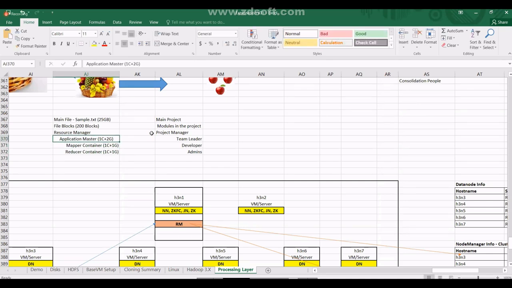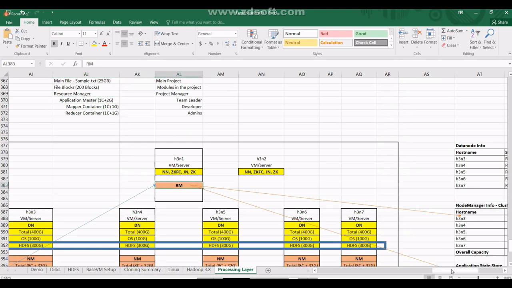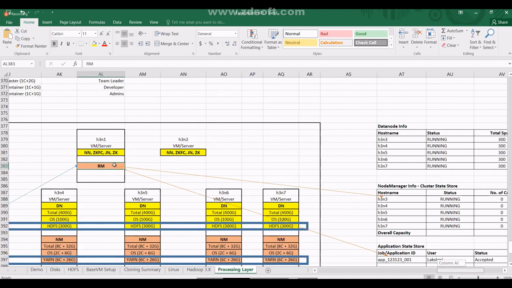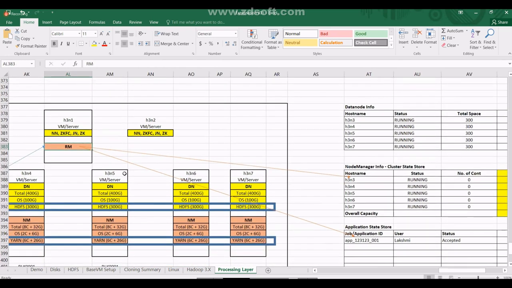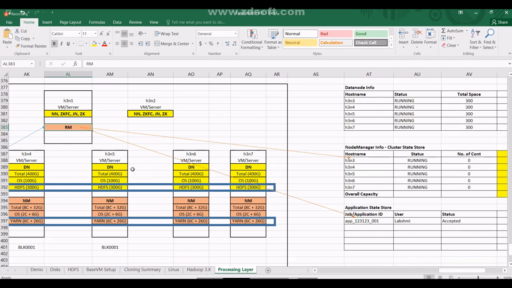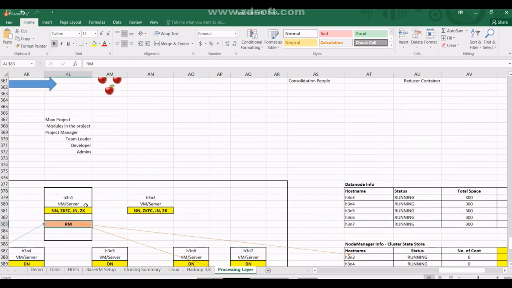Understand? As and when RM updates this, immediately RM needs an application master to do the estimation. So to launch the application master,